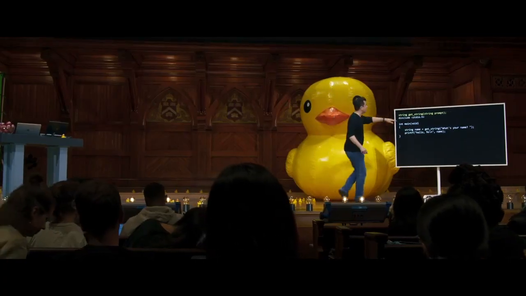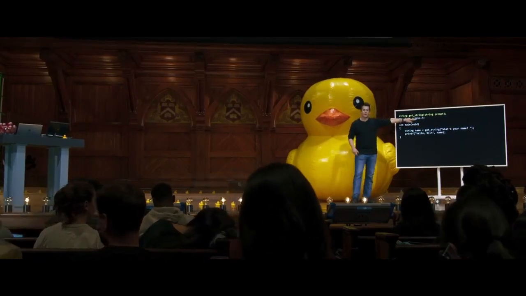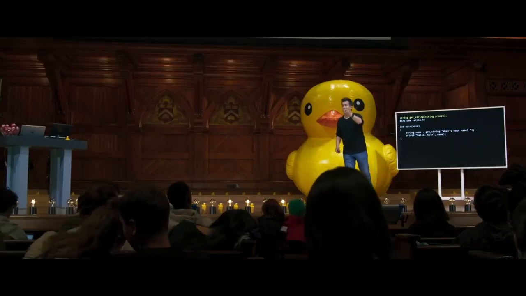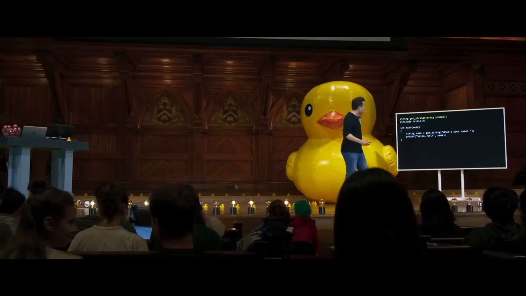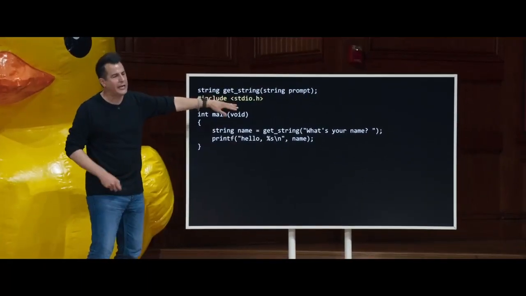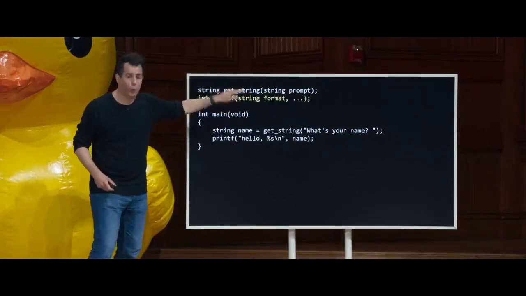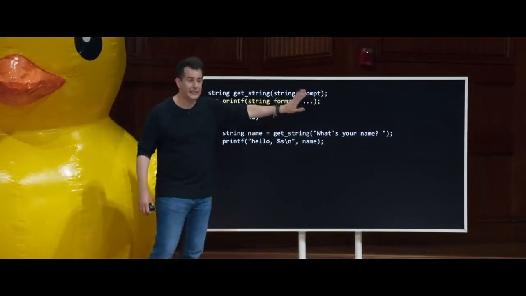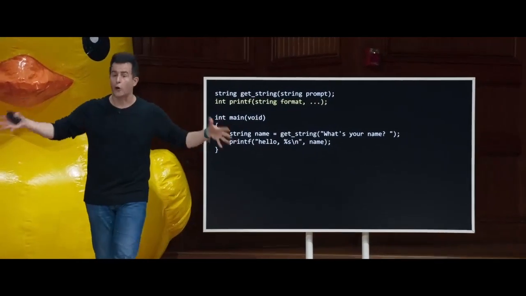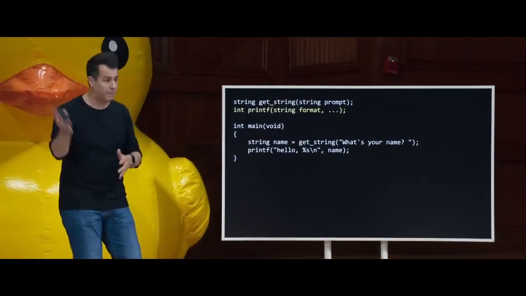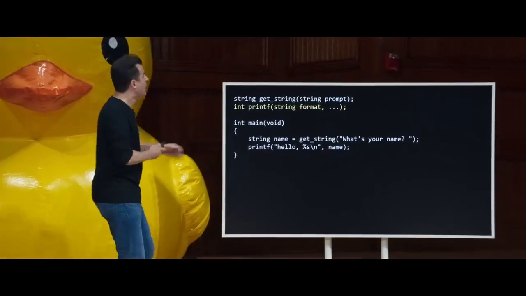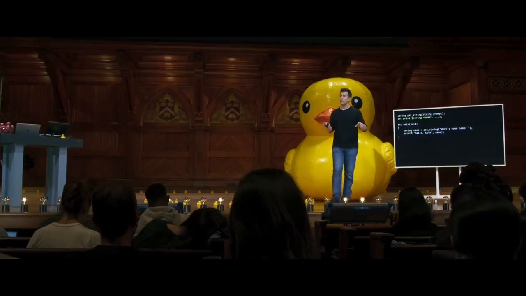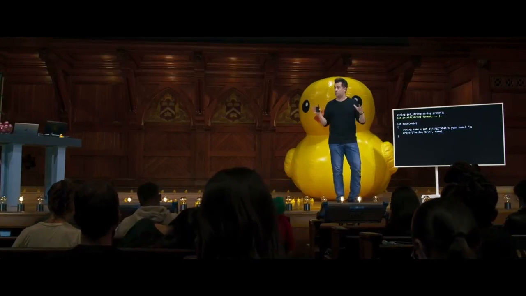By that same logic, what is probably in standard io.h? The prototype for printf. And indeed, exactly that. So this line effectively gets replaced with the equivalent of the prototype for printf, which for today's purposes is a bit more complicated. So let me wave my hand at the ... just because it takes a variable number of arguments, depending on how many placeholders or format codes you have. But effectively, that too is what's happening. So the preprocessor, step 1 of 4, just does that find and replace, if you will.